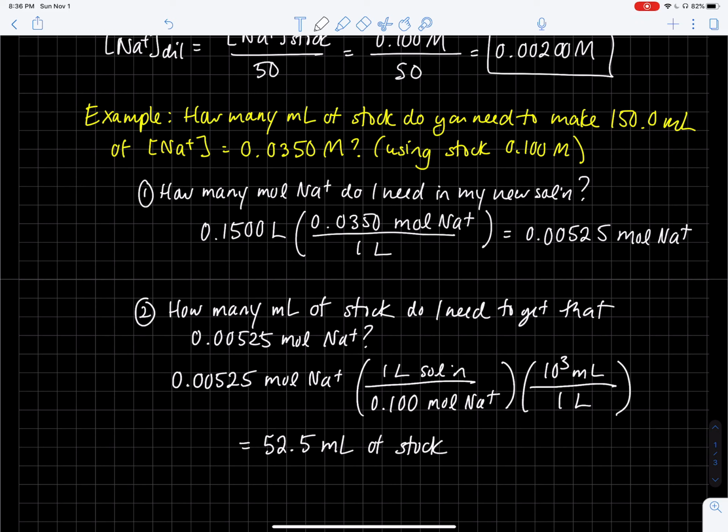Okay. We'll go over another problem like this in class. I'm going to stop the video here because I think that's long enough. But these are 2 of the basic things that you want to do for dilutions: calculate the concentration of a diluted solution, and we showed 2 ways to do that, by longhand calculating out how many moles you need, and also by